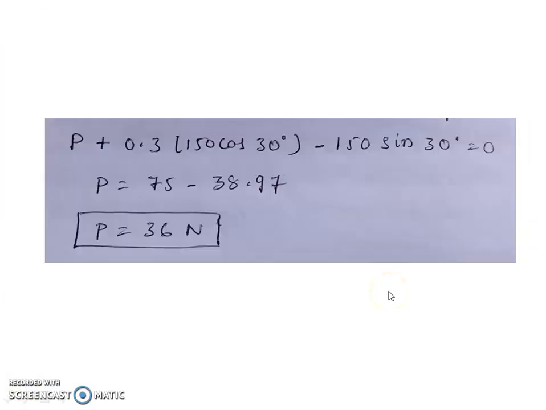Hence, we solved the first case, that is the force required to arrest the block against sliding downwards is 36 Newtons. This force I require to hold the block in its stationary position without sliding. Next we will see the motion impending upwards, that is the force required to push the block upwards to generate motion of the block towards the upside. We will see this second case.